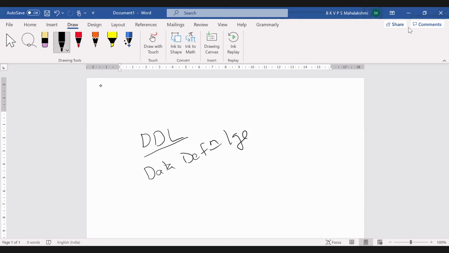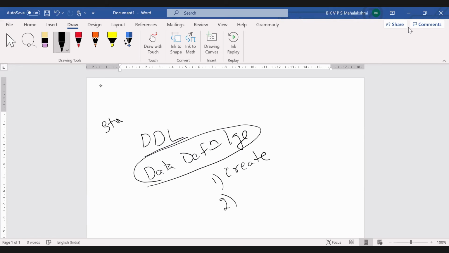It defines the table, meaning we can create the table. We have to create the table before applying anything or doing any modifications. This is the first thing we have to learn: how to create a table. Suppose you have created a table with the name student.